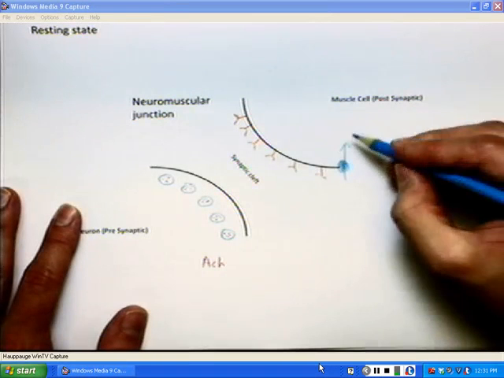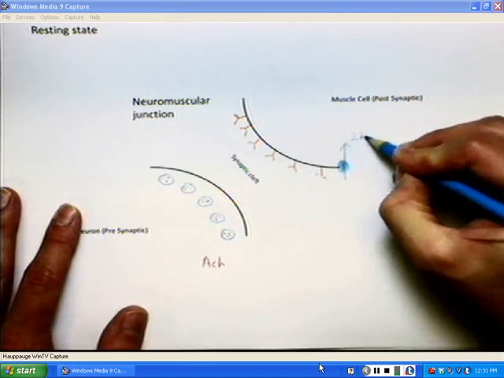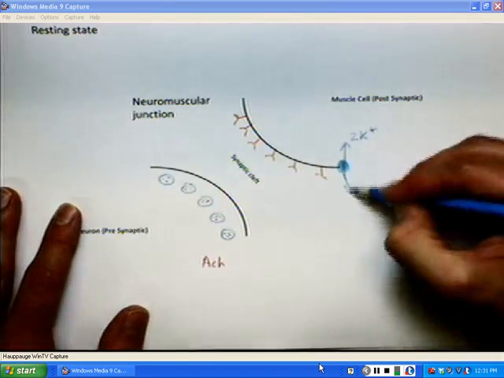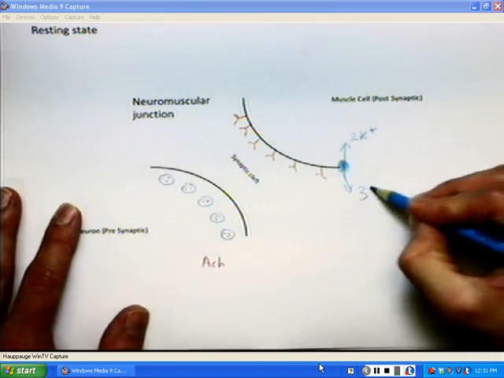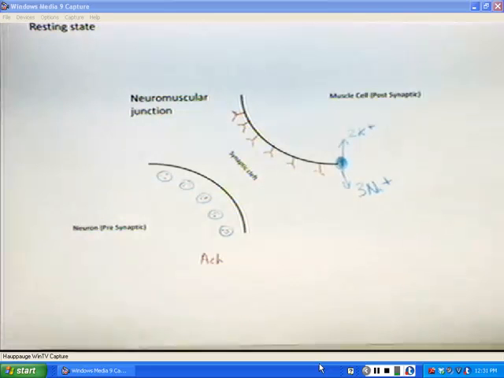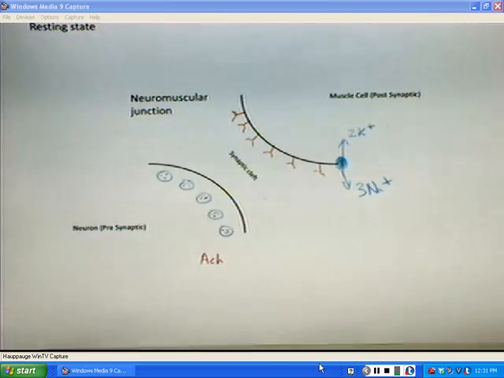The sodium-potassium pump will bring in two potassium cations and kick out three sodium cations. Two in, three out, and this resets this concentration gradient needed because when the muscle contracts, it